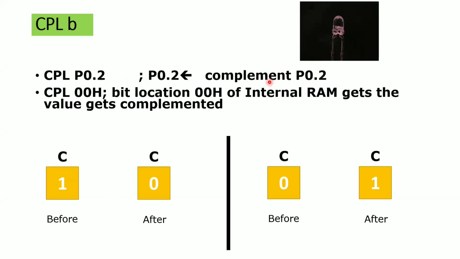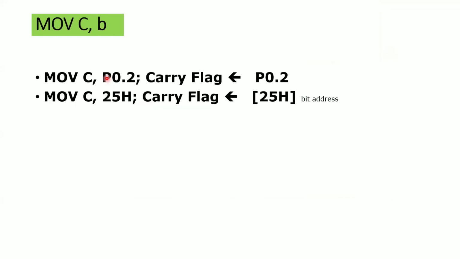Okay, infinite loop means it will keep on executing these instructions. Every time the complementation is done, the value of the bit is changed. This is how we can turn the LED on and off an infinite number of times with this single bit, a single instruction.